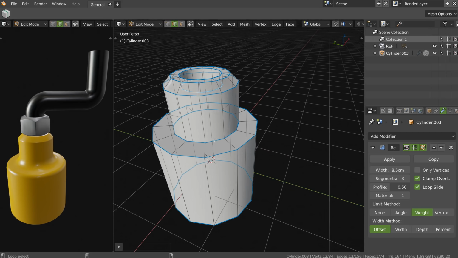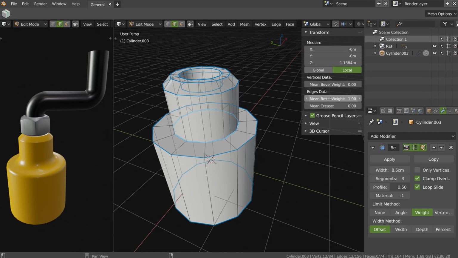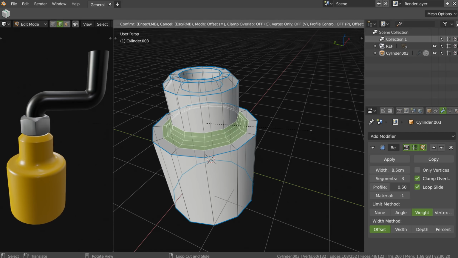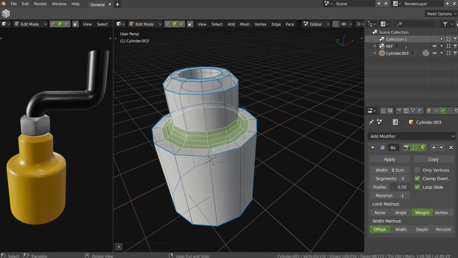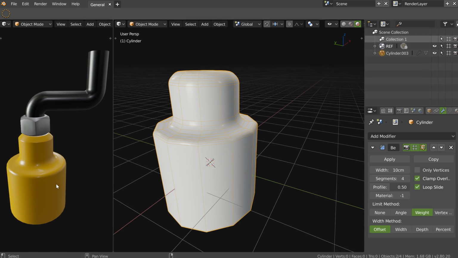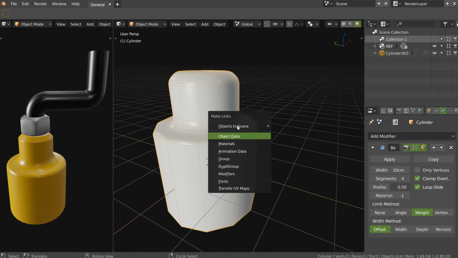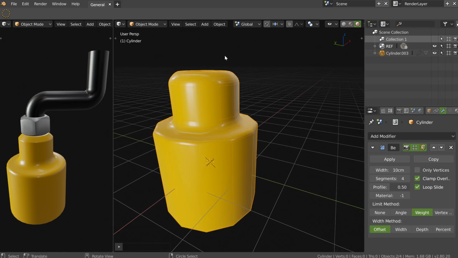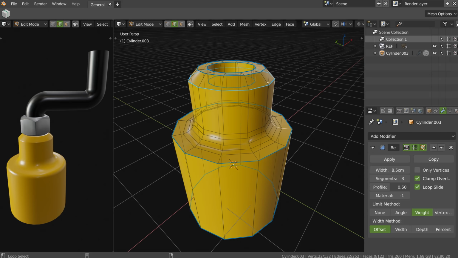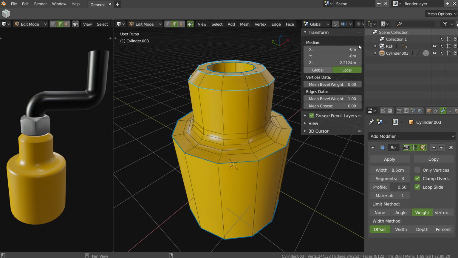Here, I will press 2, select this one, and first remove the bevel min, like this. Then I will press Ctrl B, and I will do something like this. Now, if I check, I have this result. I will select and press Ctrl L, materials, like this. And on this one, I will select this and this, and change this.